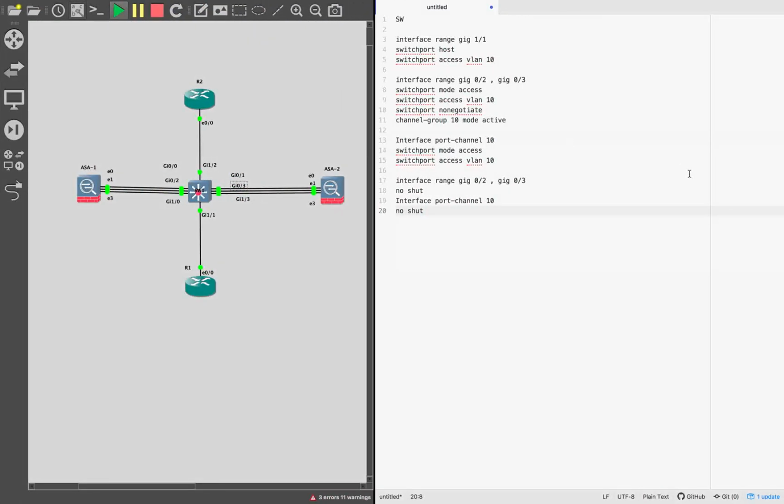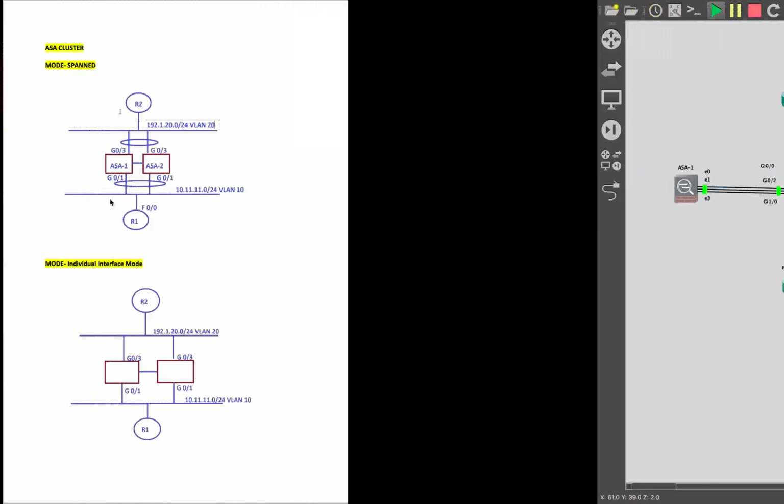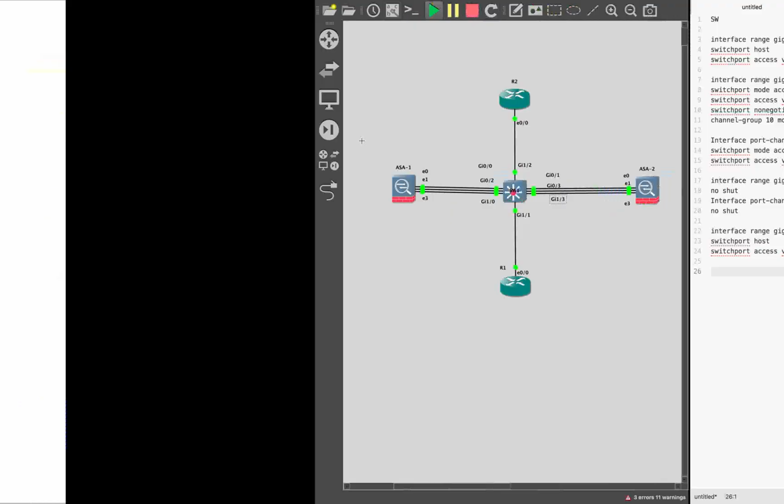R2 and these interfaces. So on R2 you see the switch interface which it is connected to is gigabit 1/2. So we're going to do that. There you go, that is done. The next would be port channeling, right? So we need to use the interfaces 1/0 and 1/3, because that is connected to my ASA on the top, right? These two interfaces of the switch. So we're going to do that,